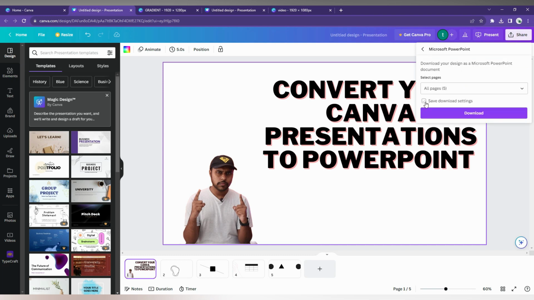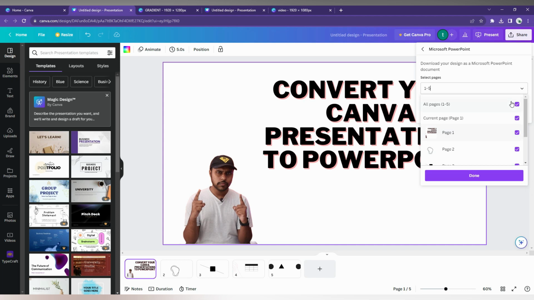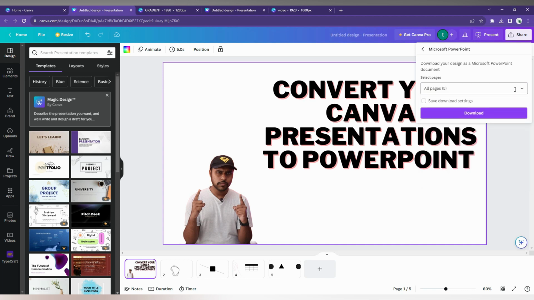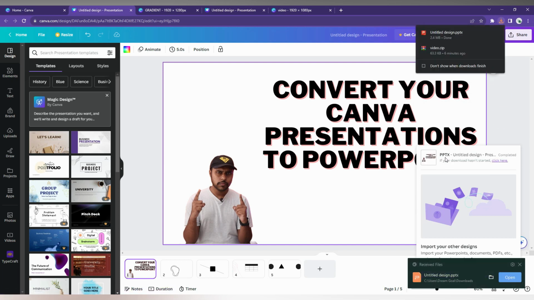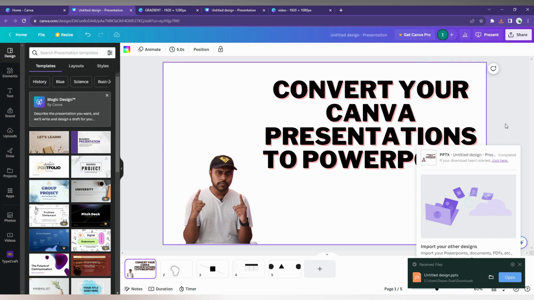Then click on the save download settings, or select the slides that you want to make into a PowerPoint presentation, and click download. Now you can see the downloaded file is a PPTX. So now you can open it directly in your Microsoft PowerPoint using this, and you can just use